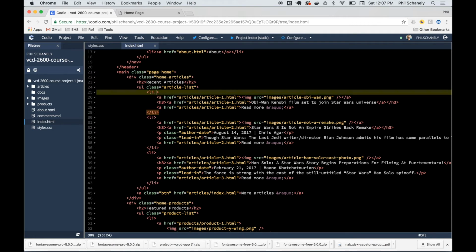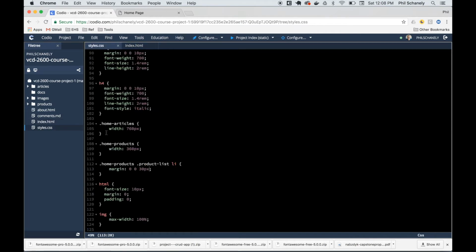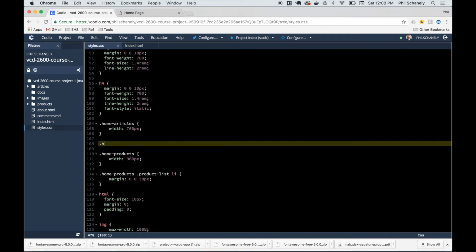One other thing we might want to do is distinguish this first one from the other 2, something like this, so that we can tell it to be a little bit different. So now we're going to go article list, but specifically inside of home articles, since we have this same class on our other page. We don't want to goof that up. So we're going to go home articles, article list,